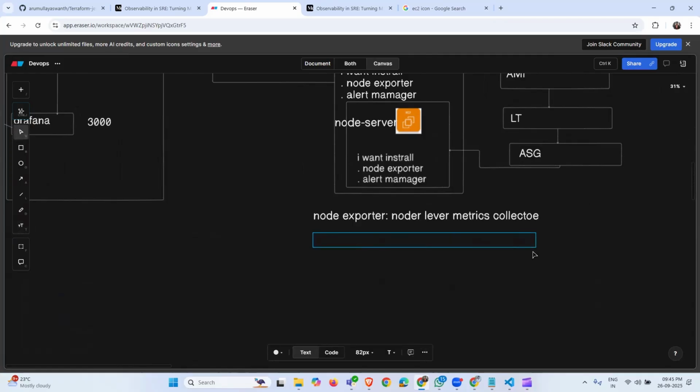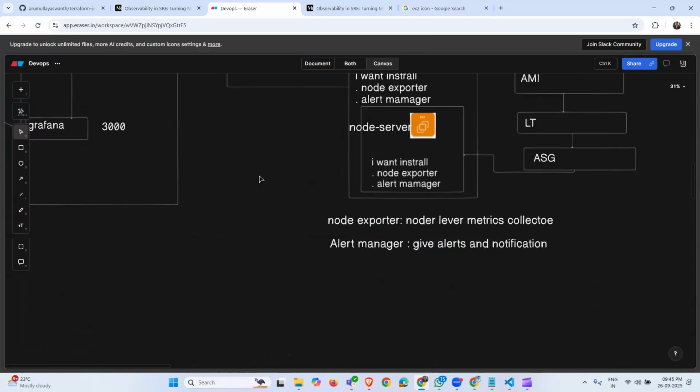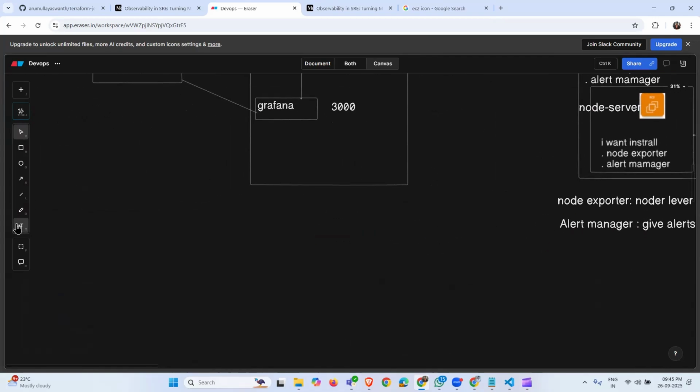Second, alert manager. What will alert manager do? It will queue alerts and notifications. It will give the alerts and notifications. See, these two are for server two. Coming to server one,